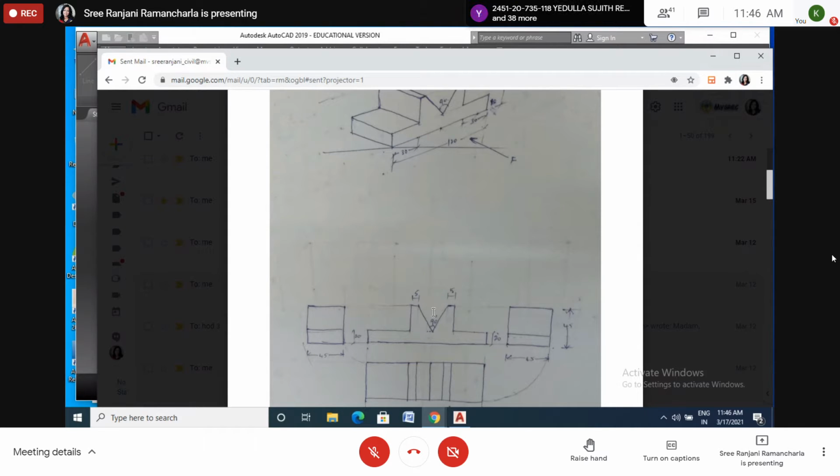This valley depth is not given. It is just said that it is 90 degrees. So what you have to do is draw one line here. Then with this horizontal, here also one small line with this horizontal, you have to draw the 45 degrees. Why 45? Because this is 90. 90 means half, so 45 here and 45 here. If this is 45, this also will be 45. Yes or no?